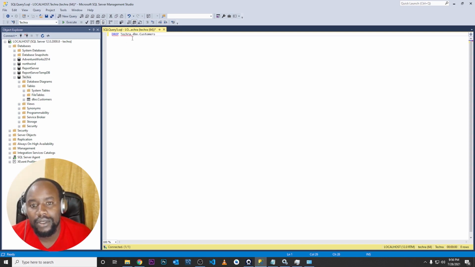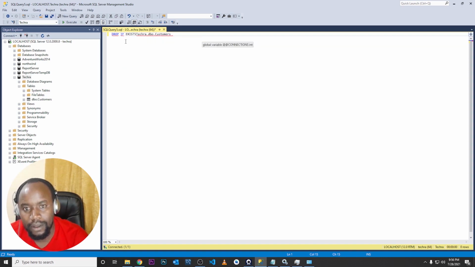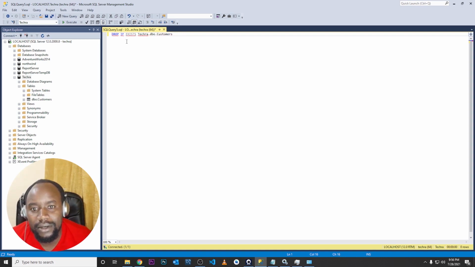Right, checker is the database, and this is the schema, and this is the table. So for drop we should include if exists. Drop if exists checker.dbo.customers. So if we execute this one,